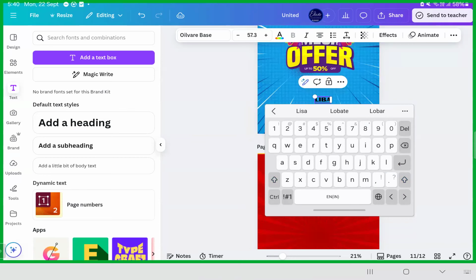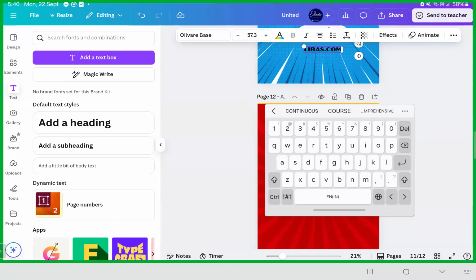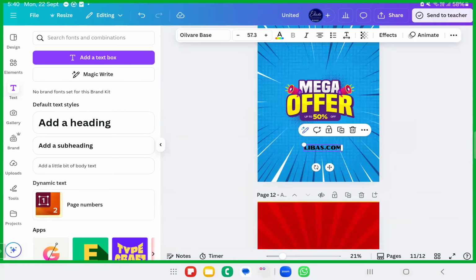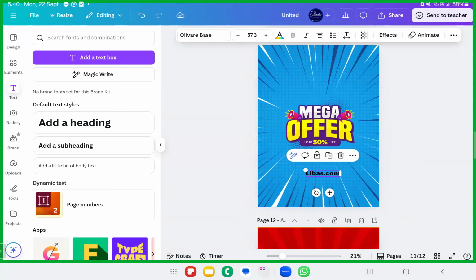libas.com. That's all. It was something like this. That's all. Nothing more to this, nothing less than this. Okay, so it's very easy to create all of these, but make sure you're actually aligning it very well with the screens. Fine, libas.com. It was something like this, up to 50% off libas.com, with their